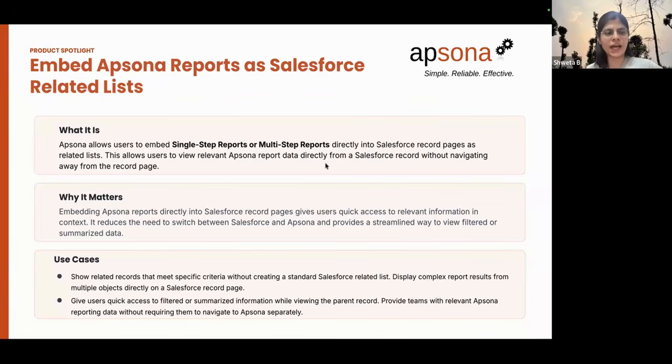To fill this gap, we have the new feature called Embed Apsona report into your Salesforce related list. So this basically helps so that your team has quick access to all the relevant information without having to deep dive into the same object, right? And this can be done by using a single step report as well as a multi-step report. Without delay, let me show the